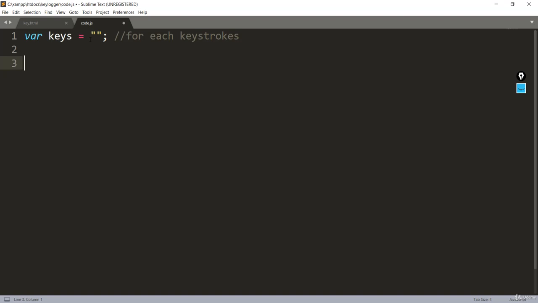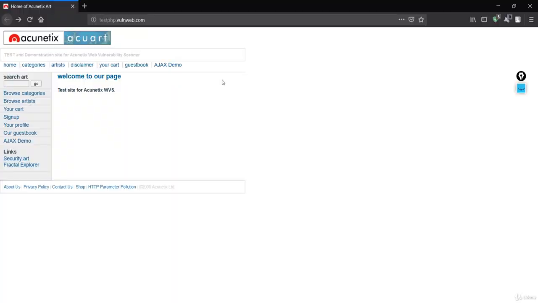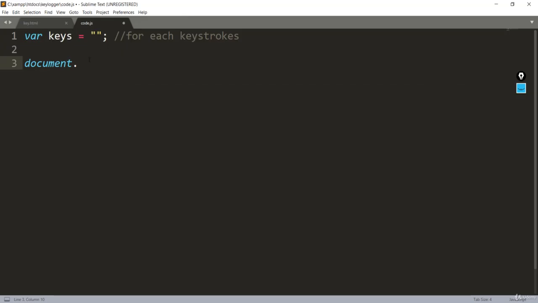The next step is calling the function to execute whenever a keystroke happens on the HTML document. We have to take a reference of the document, which is this page over here. When anyone presses a key, we'll call the event onKeyPress and pass it to an anonymous function with the parameter e, which is basically the key that is pressed. Every time the user presses a key, this method will be called.